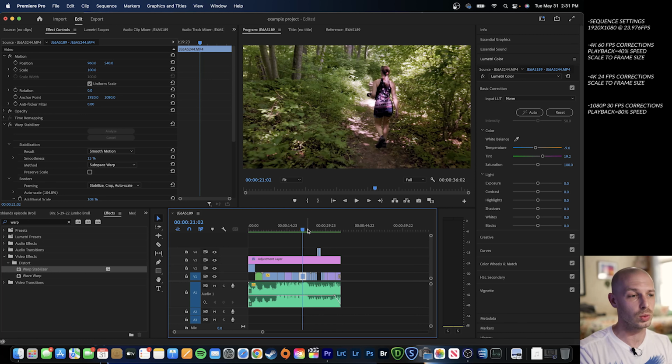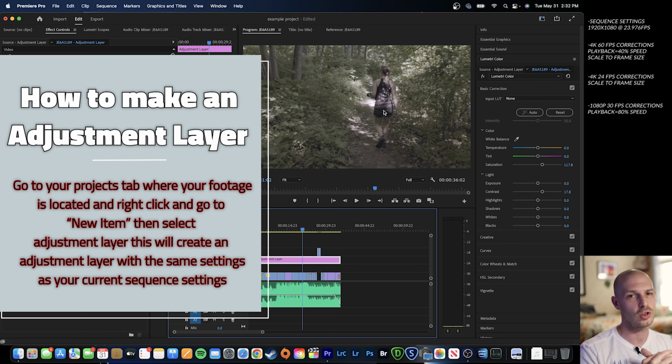So if you noticed in my timeline here, up above the footage, I have an adjustment layer. So if I take that away, you'll notice that this is what the footage looks like. This is uncolor corrected. Now, I've used a LUT that I purchased, and I really like these LUTs because not only did they come with all of the different types of color profiles that can be shot in, like Cinema Gamut or BT 2020 or Rec 709, but it also gave me different levels of those LUTs